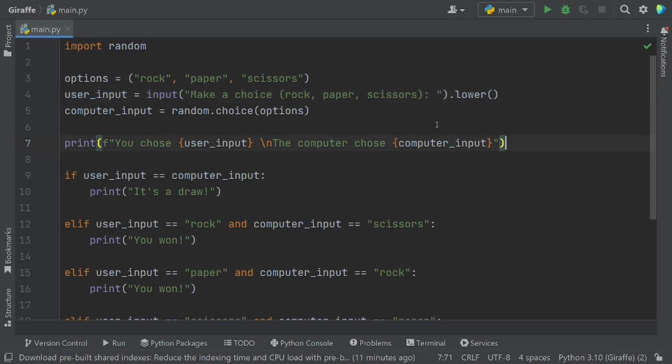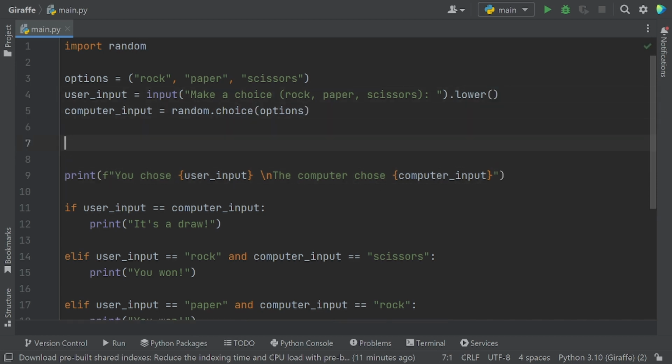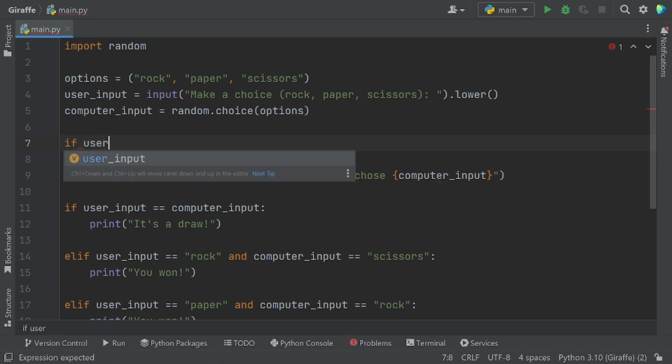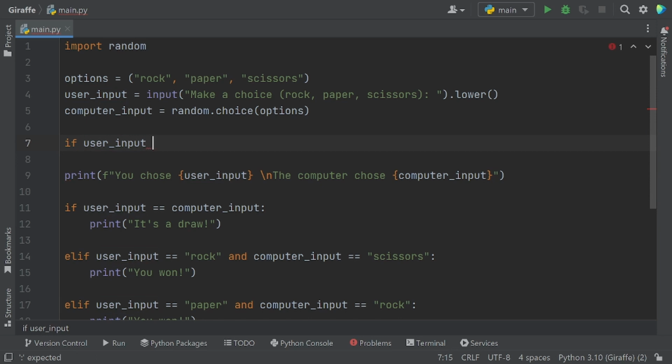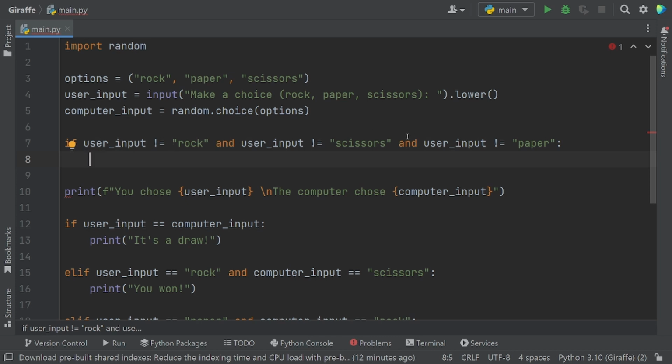So we can say if user input is not equal to rock and user input is not equal to scissors and user input is not equal to paper. So if the user didn't input any of these,